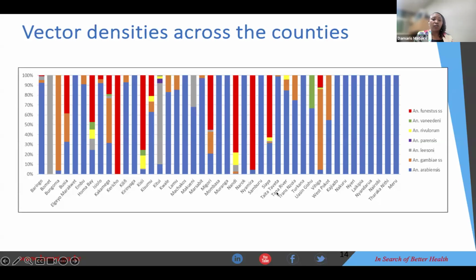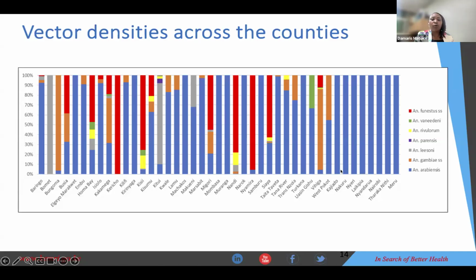And down here is the list of the counties, we have 47 of them. However, I need to say that we've only surveyed 45. There are 2 counties that we've not surveyed in the country. And here we've been able to see that arabiensis is the common vector in the country. However, in a county like Bomet we are able to detect only Anopheles lesoni. And lesoni was found in 5 counties. That's Bomet, Kitui County, Makueni County, Nandi County, and